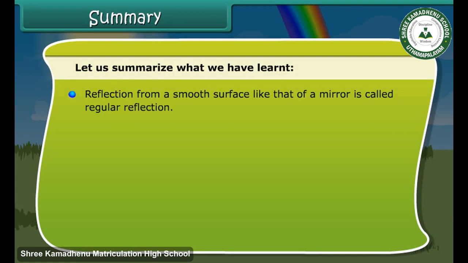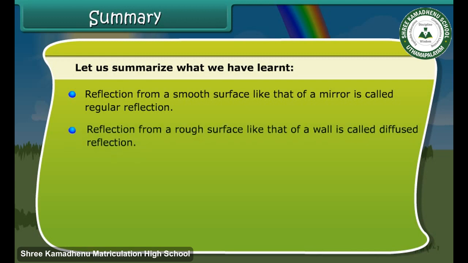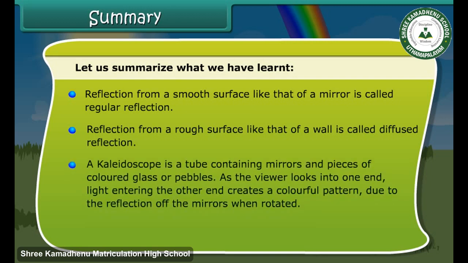Reflection from a smooth surface like that of a mirror is called regular reflection. Reflection from a rough surface like that of a wall is called diffused reflection. A kaleidoscope is a tube containing mirrors and pieces of colored glass or pebbles. As the viewer looks into one end, light entering the other end creates a colorful pattern due to the reflection of the mirrors when rotated. The splitting